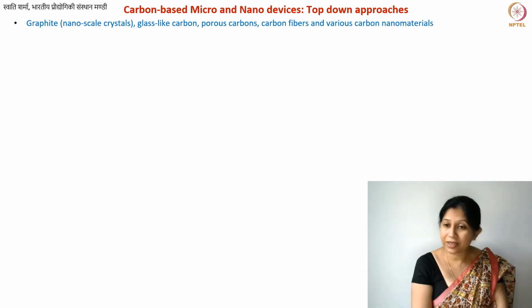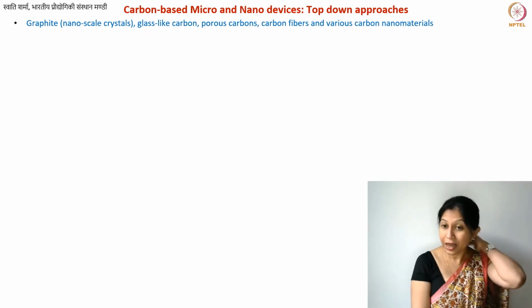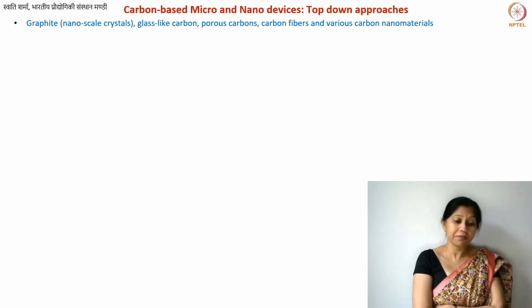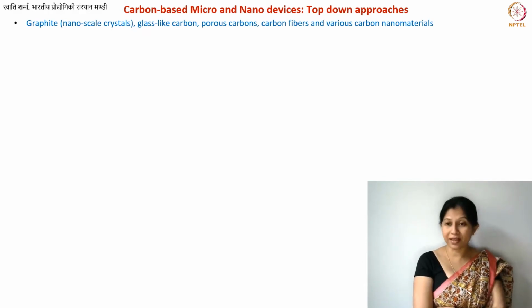What else can be used at micro scale if not nano? Glass-like carbon. This is what we learned in our photolithography section, that certain phenol formaldehyde resins can be photo patterned, and using the same principles as we did for the bulk, we could convert them into carbon and get our carbon devices, carbon structures. Now structure and device, you understand the difference. Structures are not functional, but devices are functional. So glass-like carbon can be used for this purpose.